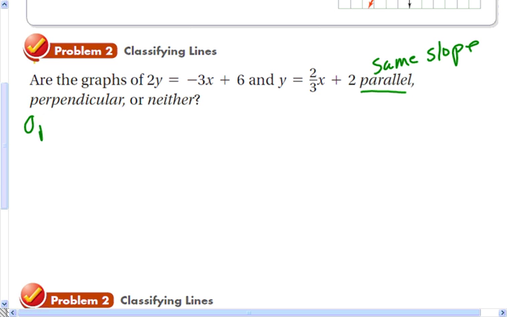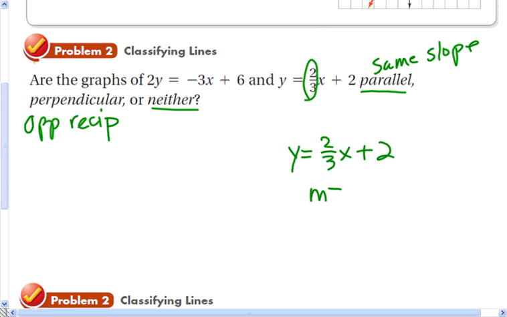Perpendicular would mean they would have opposite reciprocal slopes. And anything else would be neither. So we need to find the slopes, basically. This one is written in slope-intercept form, so that equation has a slope of 2/3. So we'll say m is 2/3 there. Slope is 2/3. The other equation is written in some other form, but it wouldn't be really hard to change